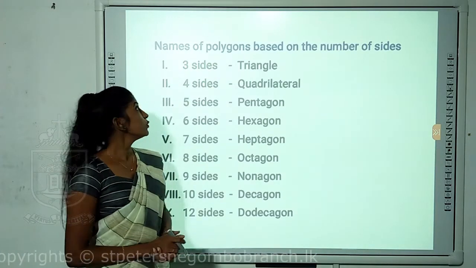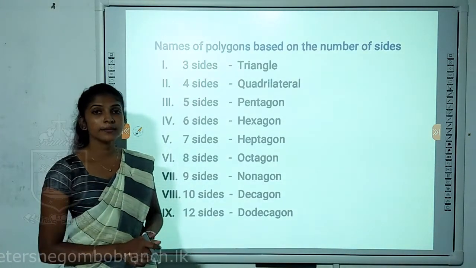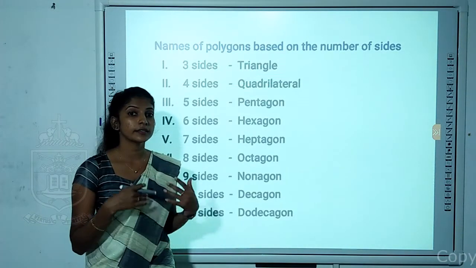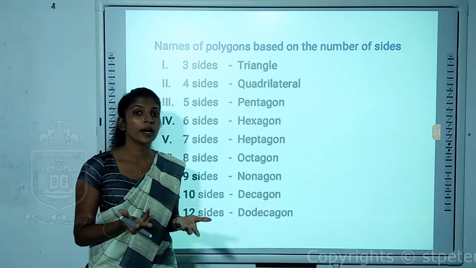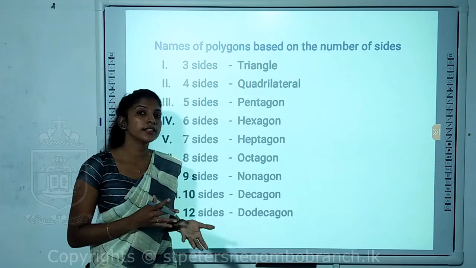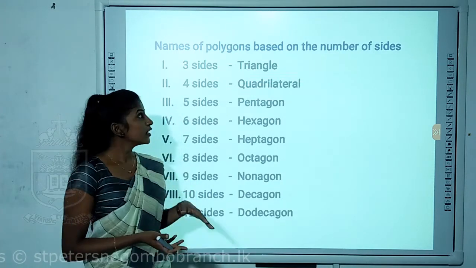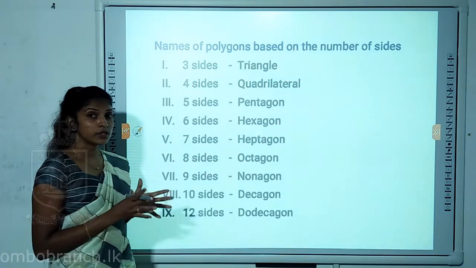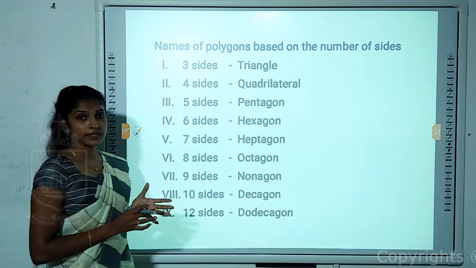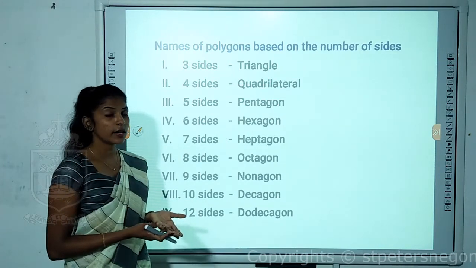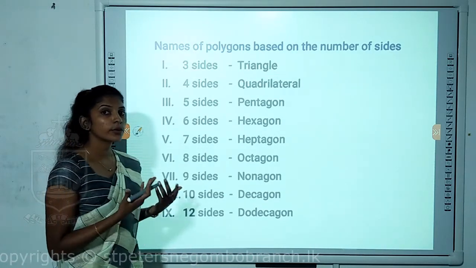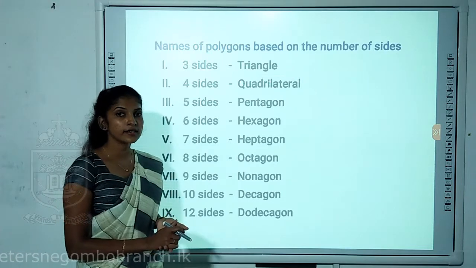Right. Next we'll move to names of polygons based on number of sides. Now we discussed in the previous part what polygons are, and polygons may vary according to the number of sides. So there are specific names given for polygons according to the number of sides they have. We told earlier the polygon which has the minimum number of sides should have 3. If a polygon has 3 sides, we give a special name called triangle. Tri means always 3. So if it has 3 sides, we call it a triangle.